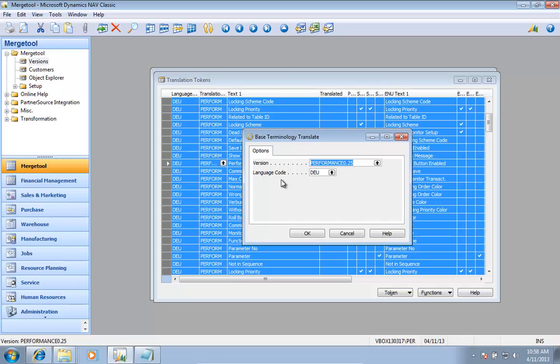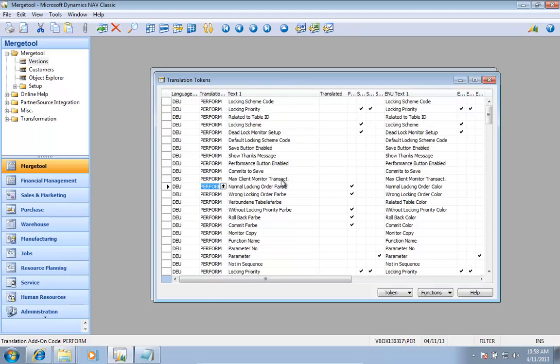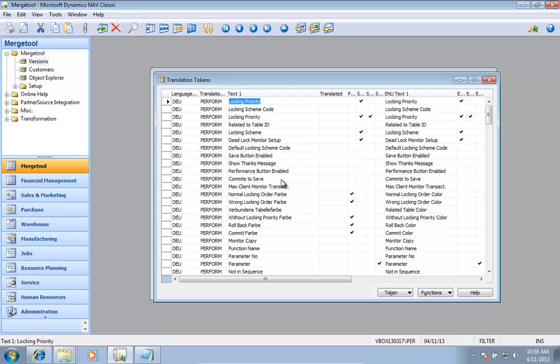So I'll have this one, the language code is DEU, and 6 tokens were partially translated in here. And I can see now we went in and put that color or Farbe in here instead of the color in here. This one can be used by generating this one. In general, this function to use these